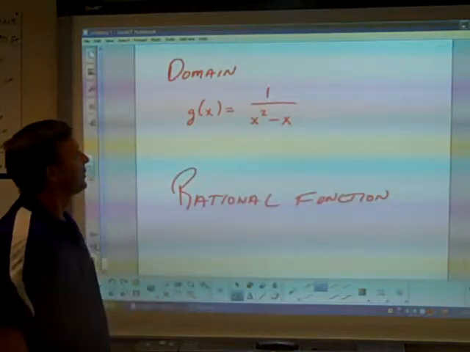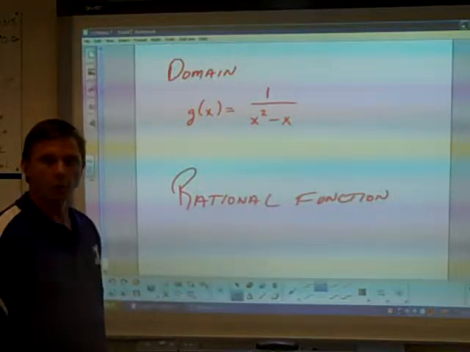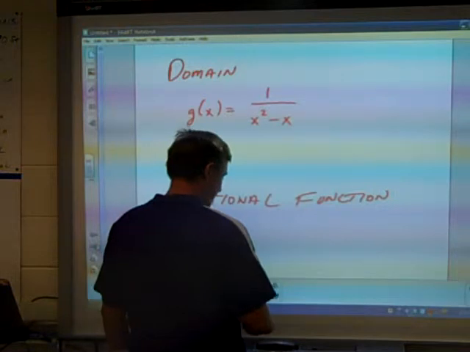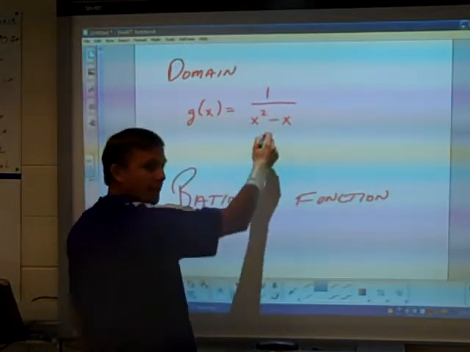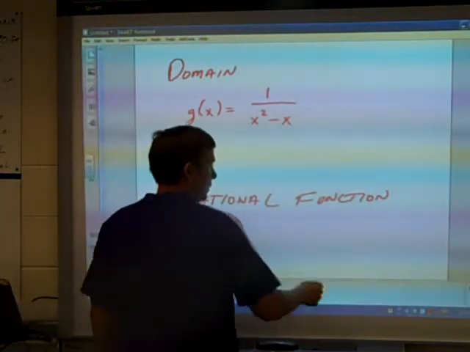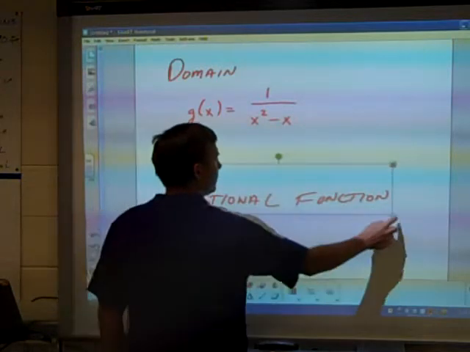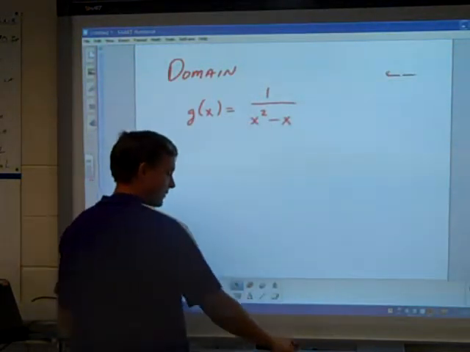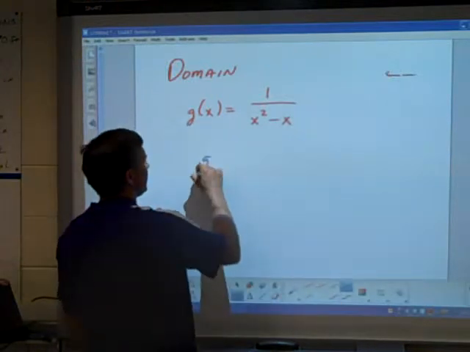So how about this function? G of x equals 1 over x squared minus x. That's a rational function because it has a polynomial on top divided by a polynomial on the bottom. Alright, so if it's a rational function, one thing we know about rational functions is that you can never divide by 0. So when I see this function,